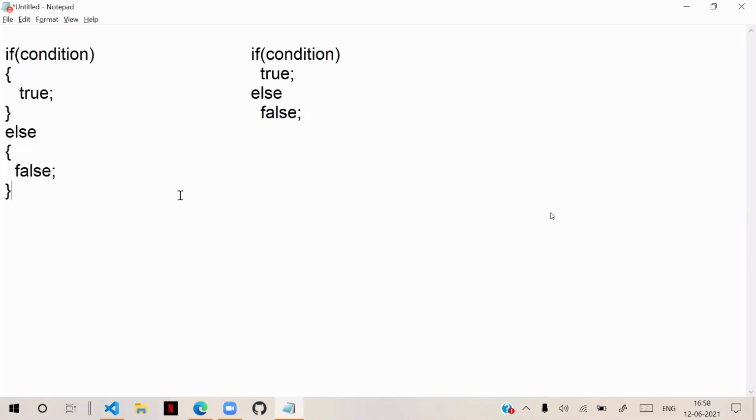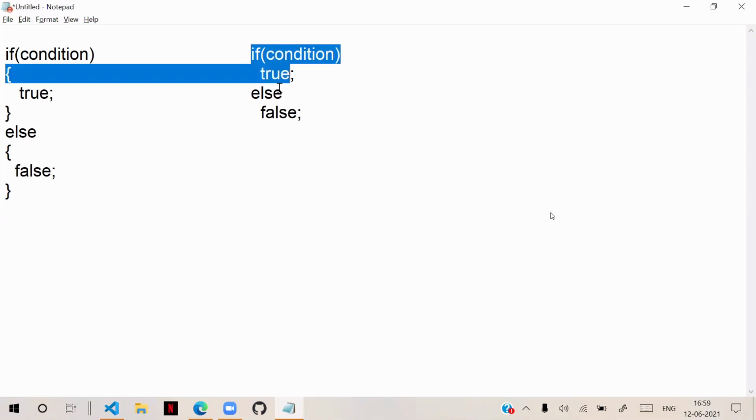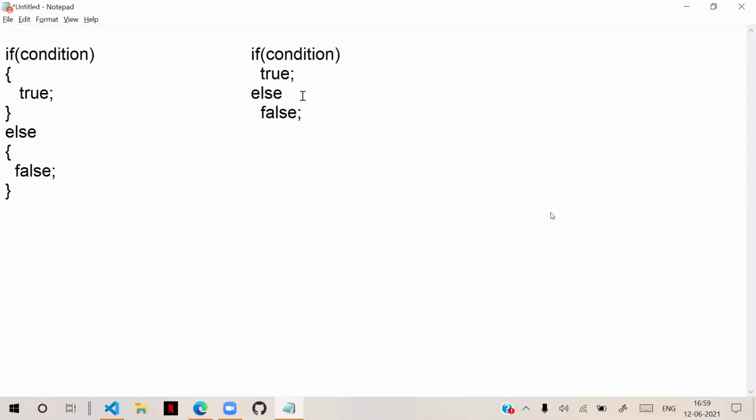But as per programming standards, if you don't use a curly brace to tell where to start and where to stop, the compiler is confused about start and stop. It will work, but it will take more time than this one. And your faculty or your trainer has told you this as a shortcut. You can try like this also. But as a professional developer, whatever you have written on this right side is rubbish. It is completely senseless programming.